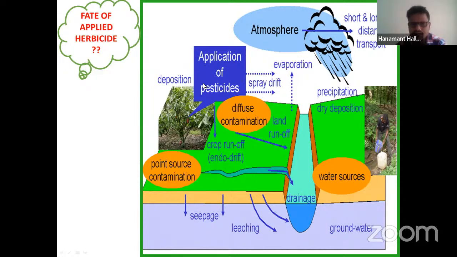Some of the chemicals as well as that enter the other water sources through drainage. So these are the different ways or processes through which applied herbicides will go into different portions,